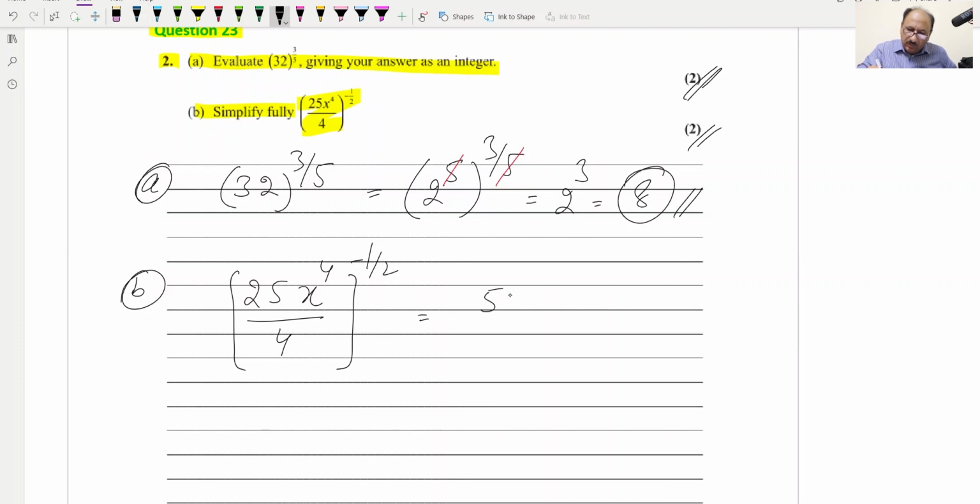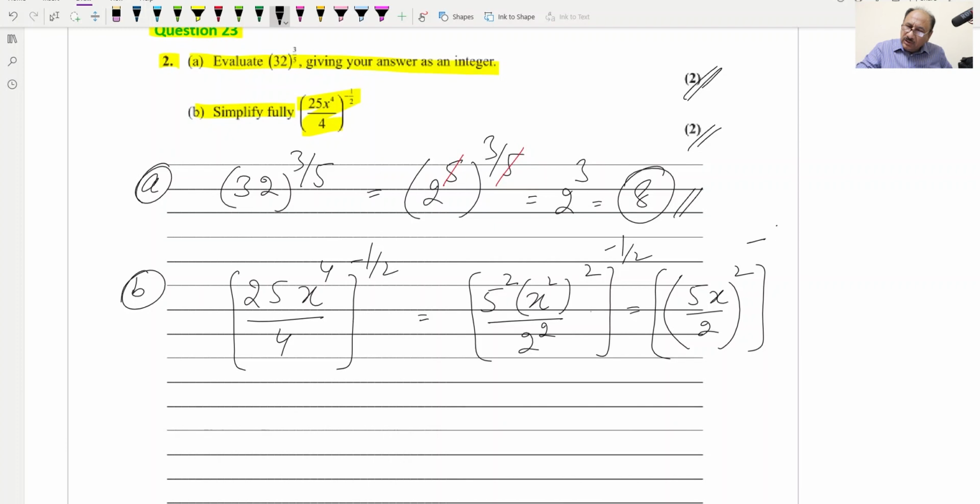5 squared into x squared whole squared, and divided by this we can write as 2 squared, and further the power is also minus 1 by 2, and further we can take this as (5x over 2) whole squared raised to the power minus 1 by 2, and this will cancel, and we will get 5x